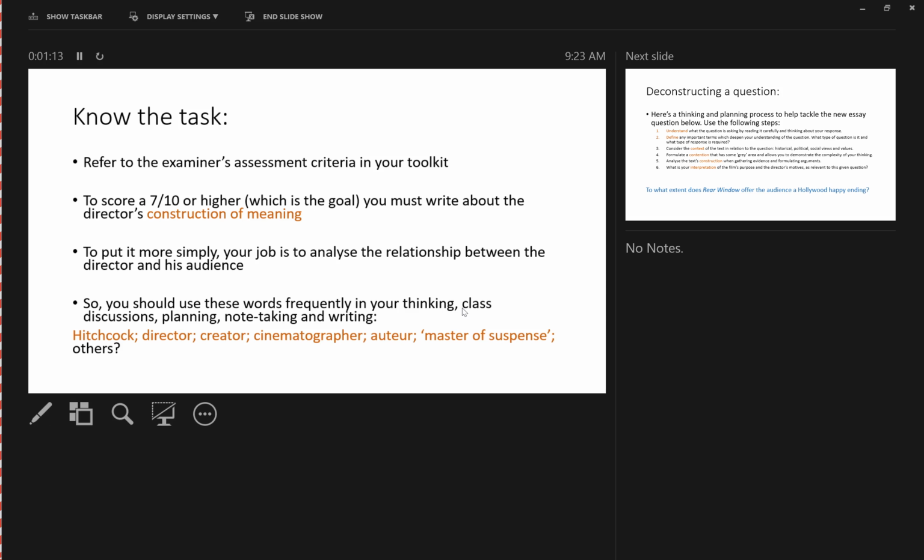Have you got some other terms to help me out? Because I'm looking at ways that we can vary our expression. At the moment I've got Hitchcock and director. Have you guys got others? If we go back to that criteria, which is assessing your ability to use language fluently and precisely and with command, you need to make sure you've got variety. So that's something, a mechanical thing that you can go and practice.